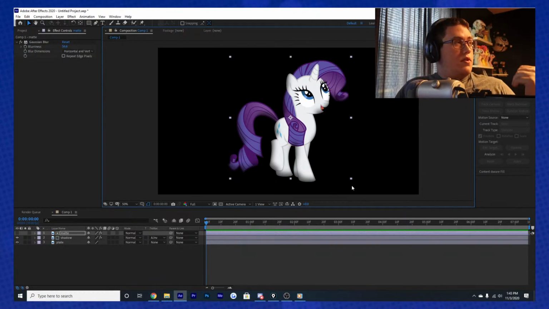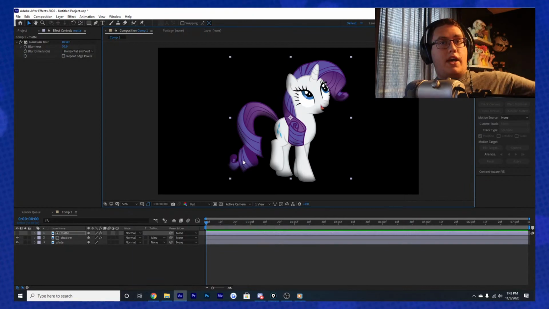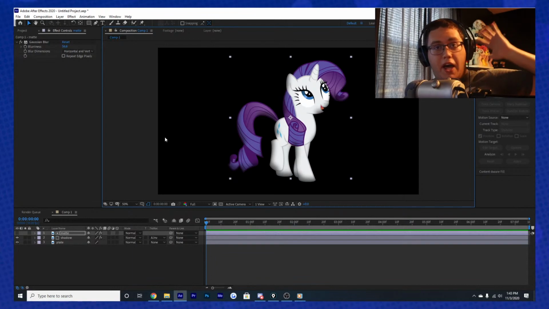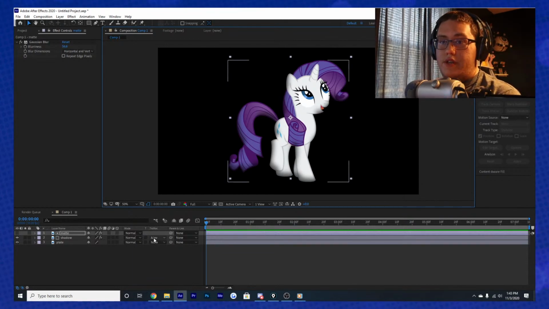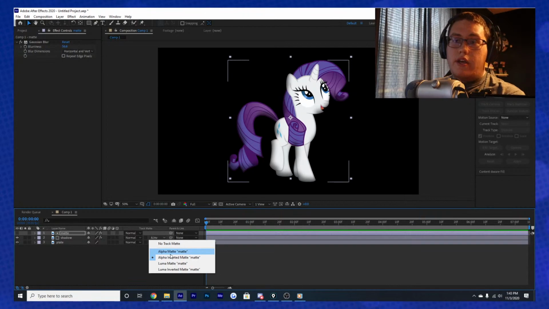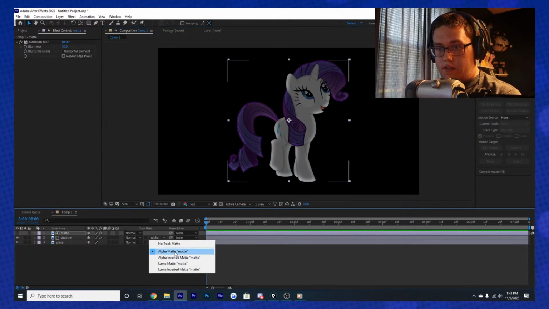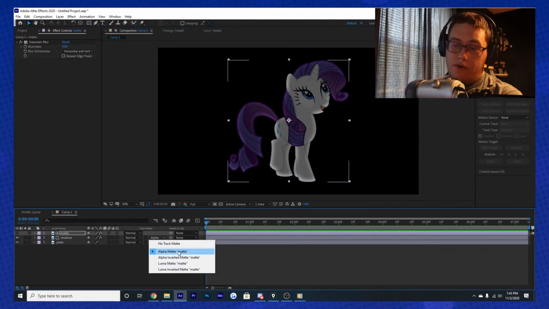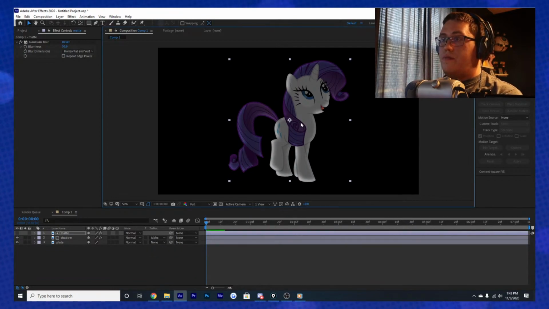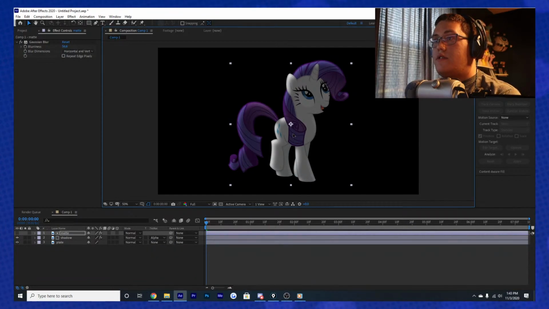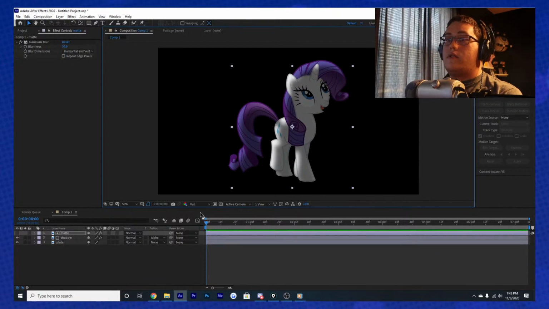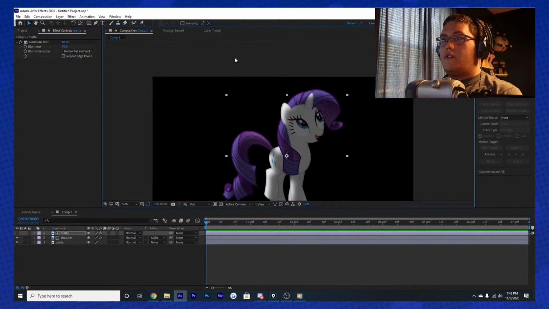For example, as you can see on my camera, I have a light source, my lamp in my room right here, and it's hidden kind of behind me. So depending on the lighting, you'll want to choose a different alpha matte. If I did just the first one, Alpha Matte, and not the inverted one, the shadow will be in front of her, and then you can angle it to where it looks like a light is hitting behind her. So like the sun is right over here, and like,